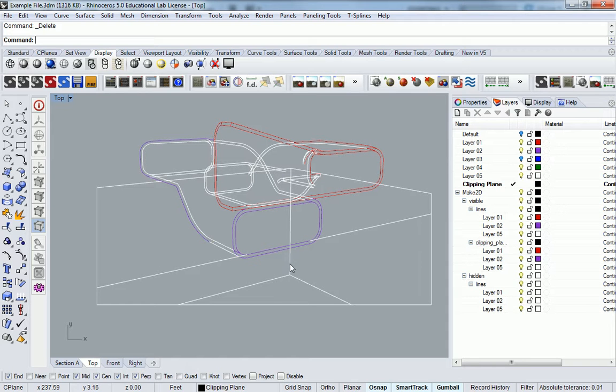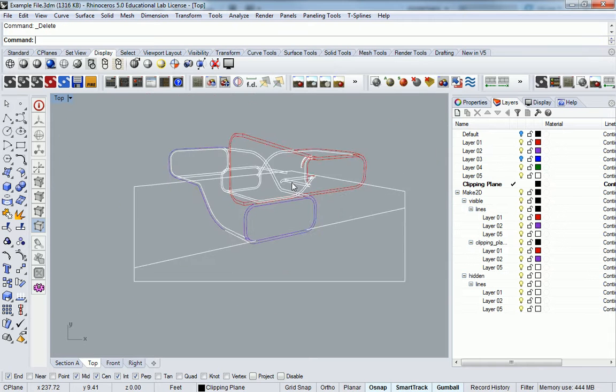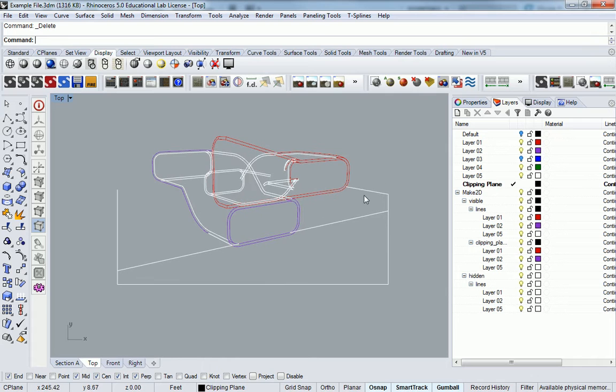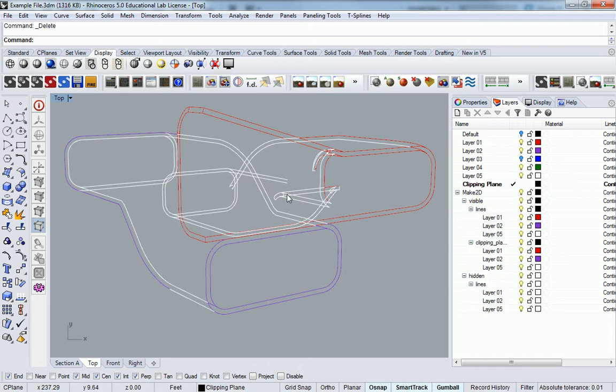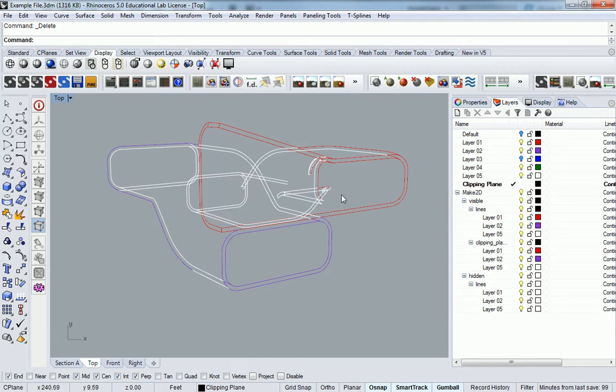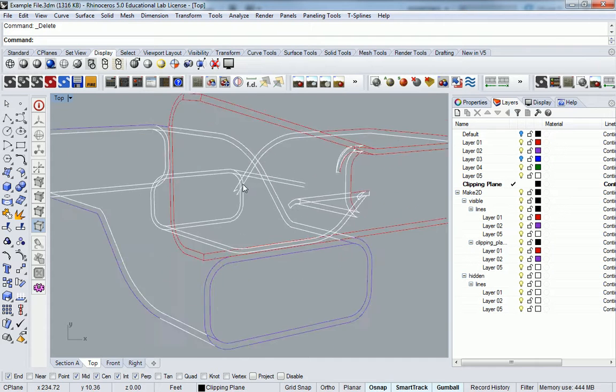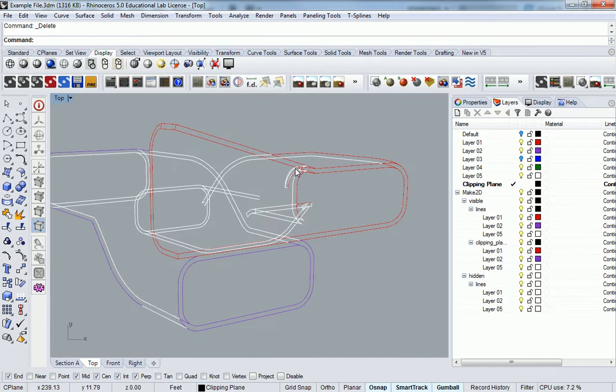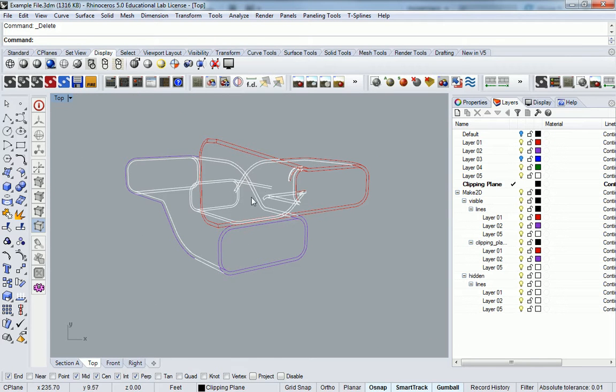I do not want the base of the model. I just want the line work of the geometry, so I'll get rid of all this extra stuff. Let's see, this goes around and then dips down. I'll leave some of that in there. Okay, so I'll decide later which ones I want to keep, but you should be aware that